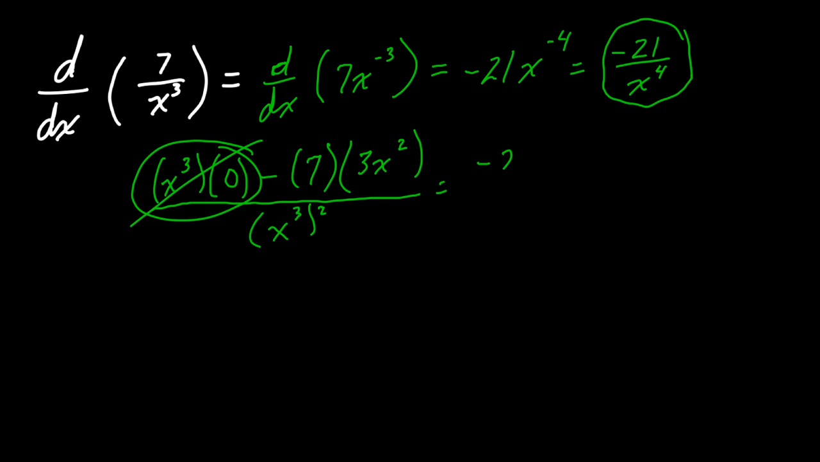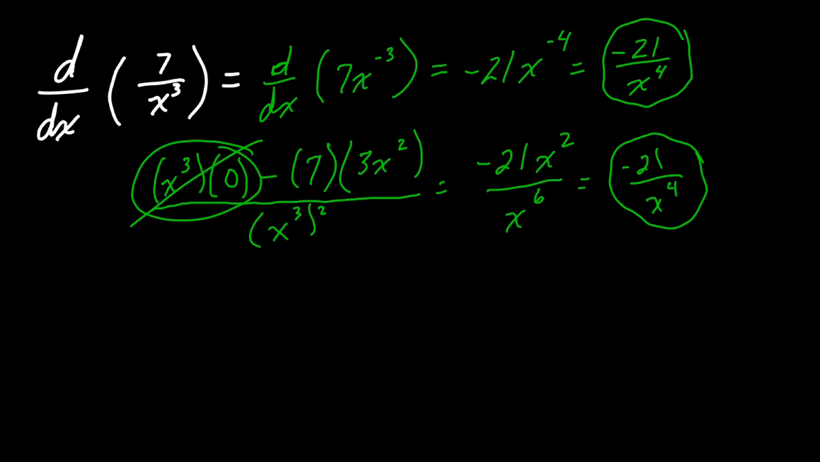That leaves us with negative 21 x squared over x raised to the 6th power. You can cancel 2 x's on top with 2 x's on bottom, which will leave you with negative 21 over x raised to the 4th power. All right. And we could also do product rule. And so if we think of this right here as our function and treat it as a product rule, we would have first, which would be 7,